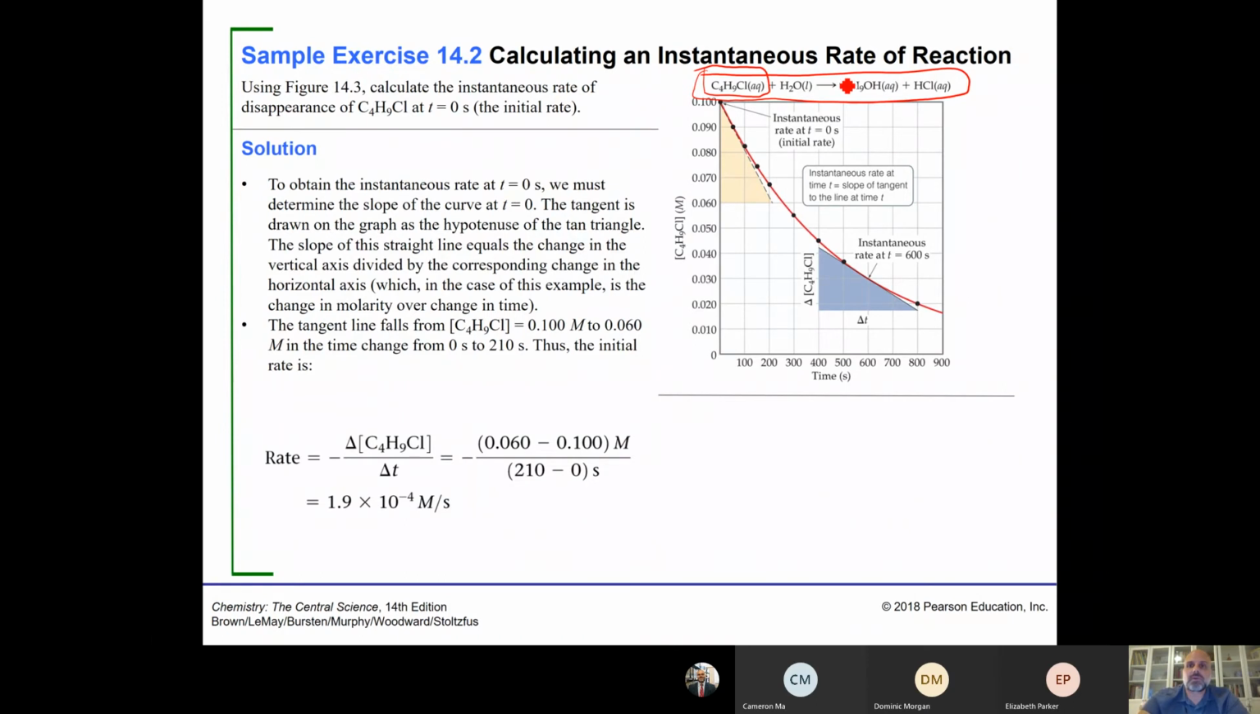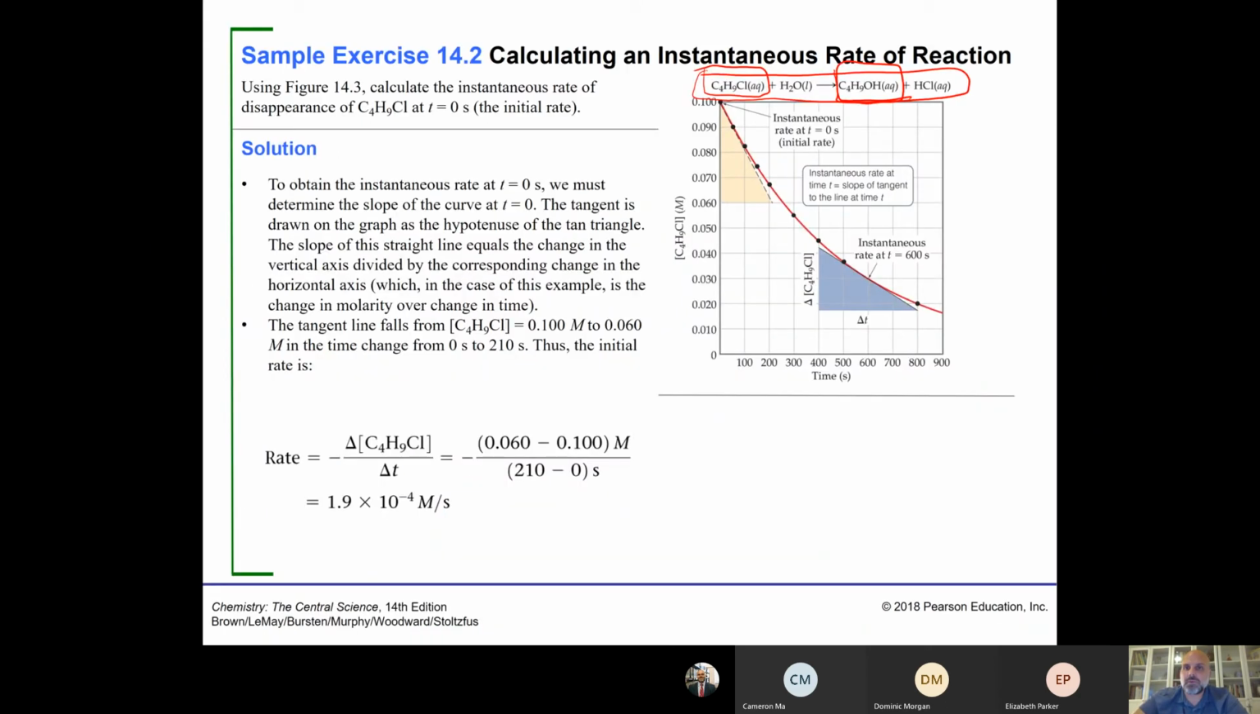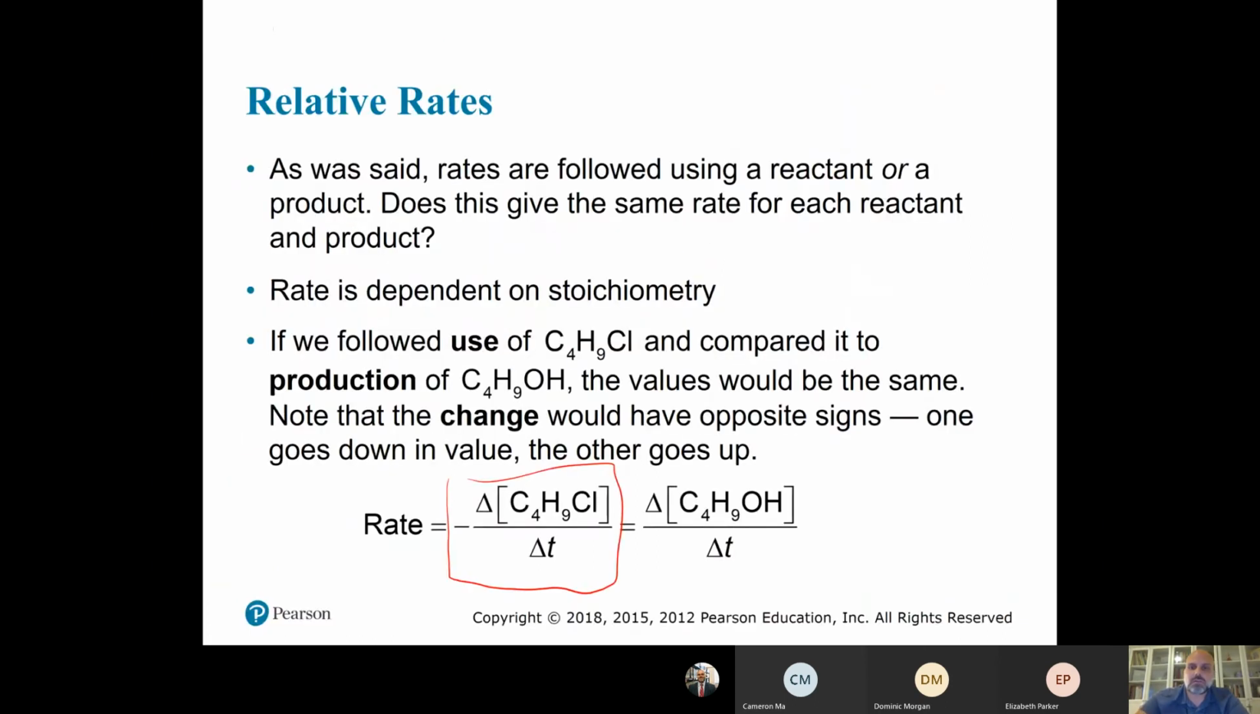When you have things going forward, being formed like the product here, the rate is going to be positive. And obviously for this particular equation, the speed at which the reactant is being consumed is going to be equal to the speed at which the product is being formed. So when you're thinking rates, realize that that's what's going on here. We also have HCl. We left it off, but you could just as easily have added this is equal to